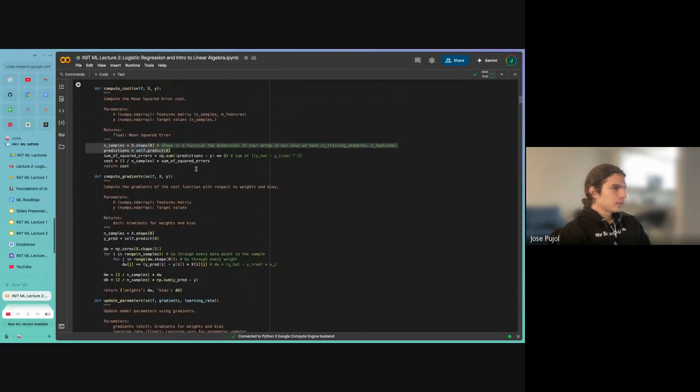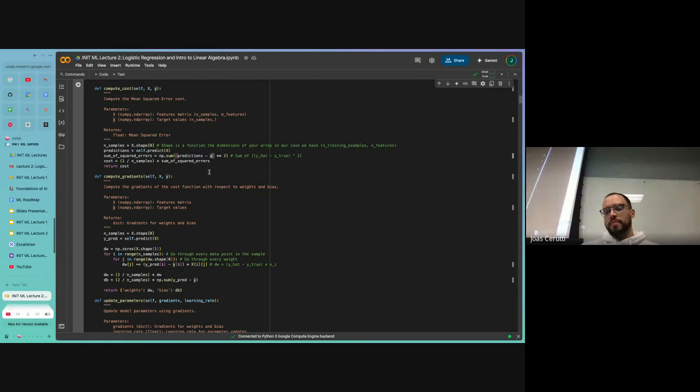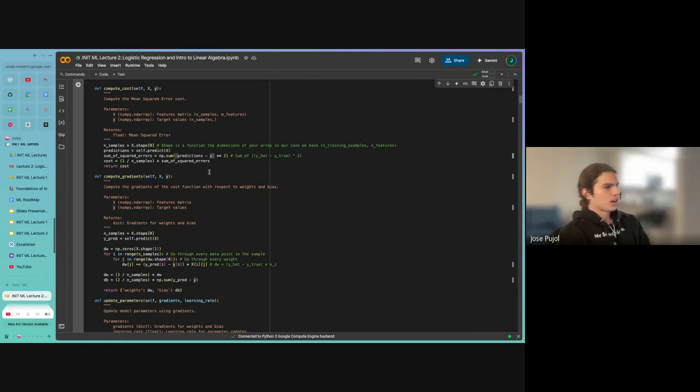So once we have our predictions, we have everything we need. We get the sum of the difference between our predictions and the true value. It doesn't really matter if you do predictions minus y or y minus predictions, I'm pretty sure. Doesn't that matter when we're taking the gradient descent? No, not necessarily. You're just calculating errors.